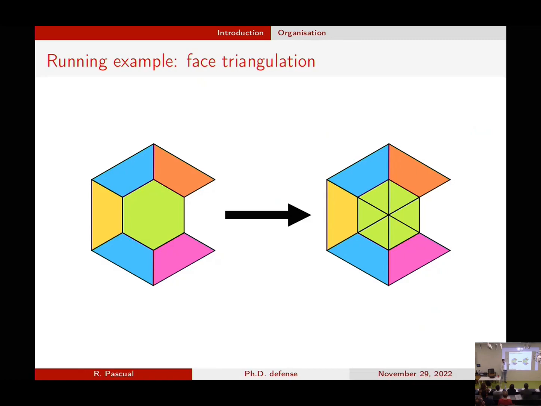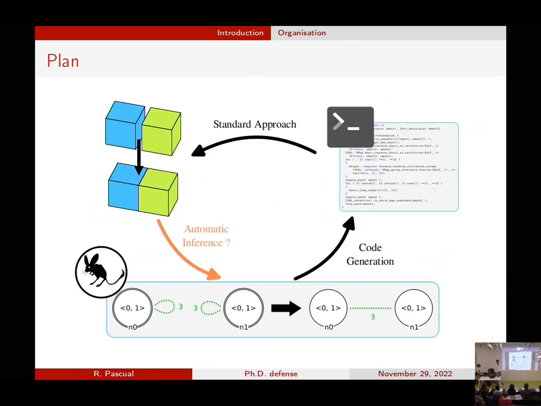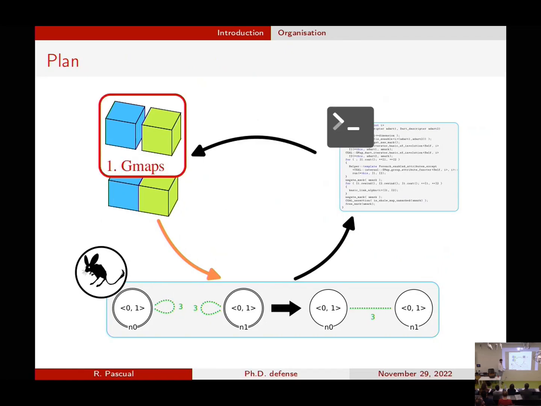And obviously, we need to add a point in the middle, a vertex, that is common to all the faces. So now, the talk. The talk is about inferring modeling operations, and we will start by describing the objects,